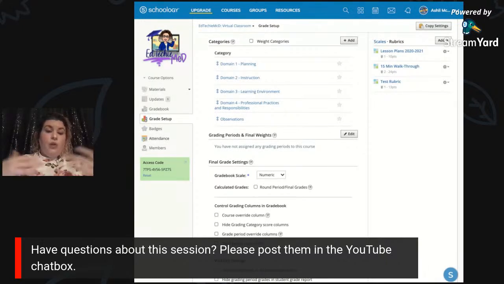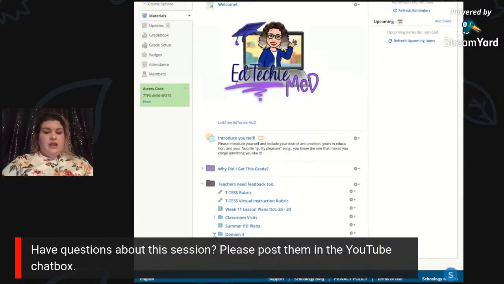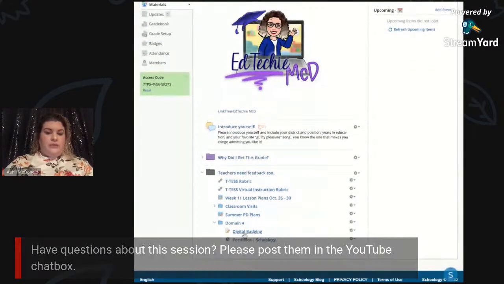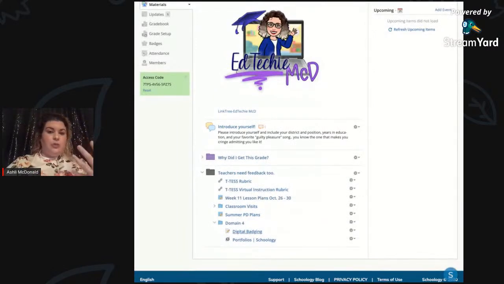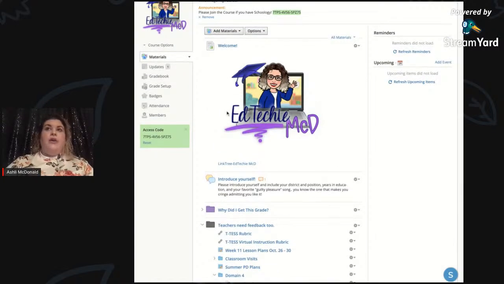And then one of the last things that I wanted to point out, as I think it's always a great way, especially because we're in this different atmosphere, is you can have what we call badges. If you look down there in domain 4, there is a thing on what's called digital badging, right? It might be that when a person is doing a lot of professional development, however you structure it on your campus, they can receive badges for attending professional development.